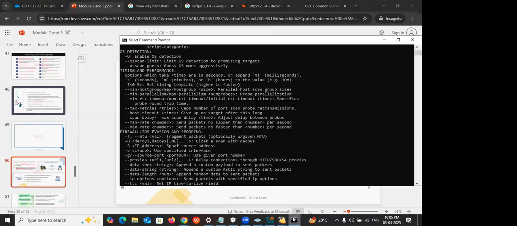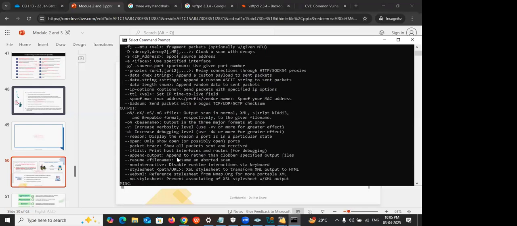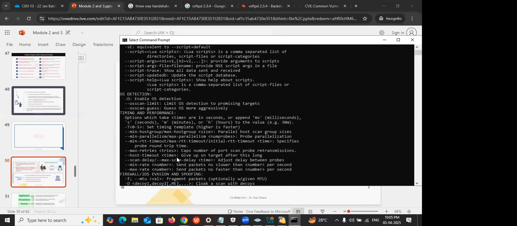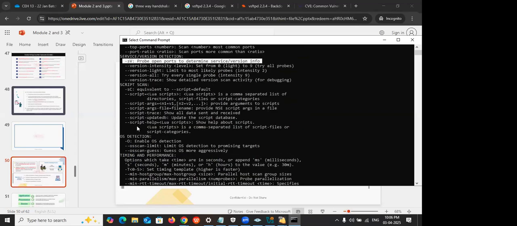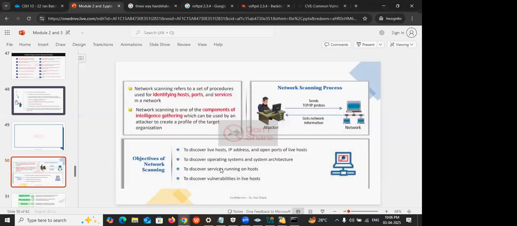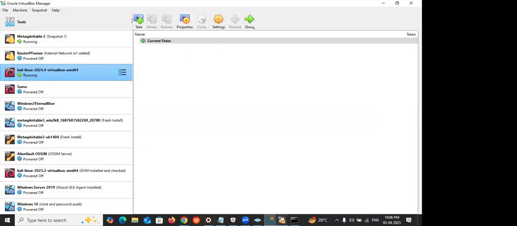So how do you find the operating system? There is an option here: enable operating system detection. It's very simple, you just have to add this option -O. Or else we will discuss about scripts. In scripts, there is a condition. We can use the SMB operating system discovery script. So first, what we have to do is